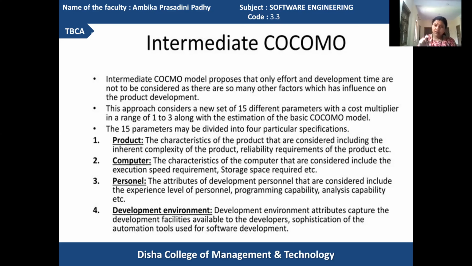Computer. The characteristics of the computer that are considered include the execution speed required for developing the product and the storage space required for developing the product. If the execution speed is higher, accordingly the effort investment and the time requirement will be changed.